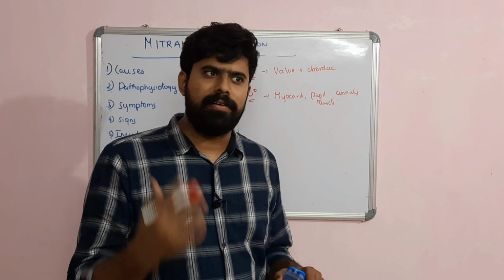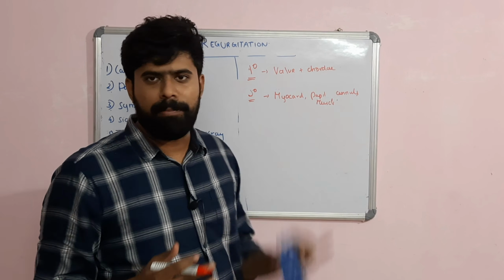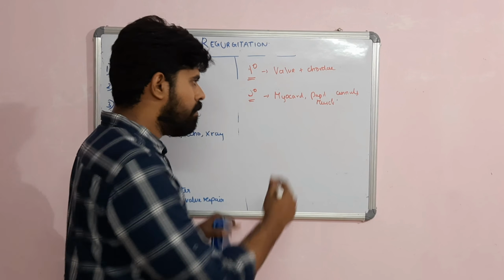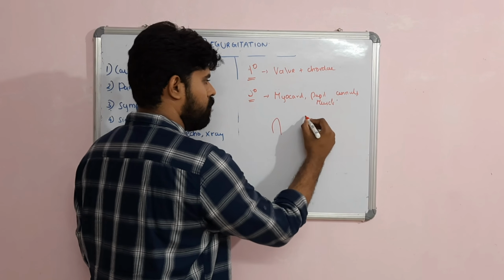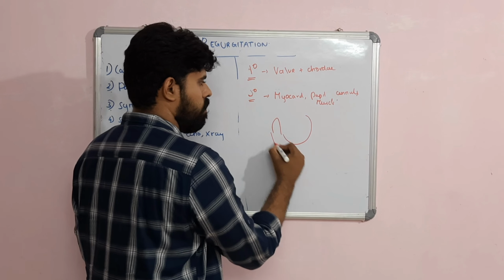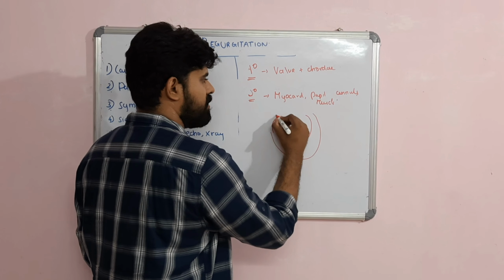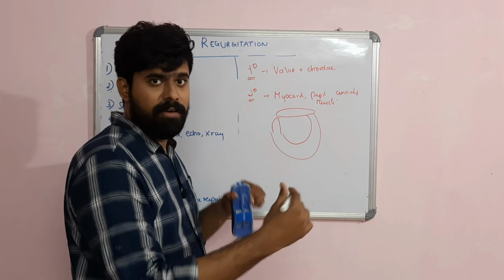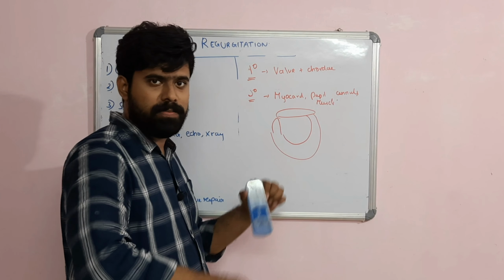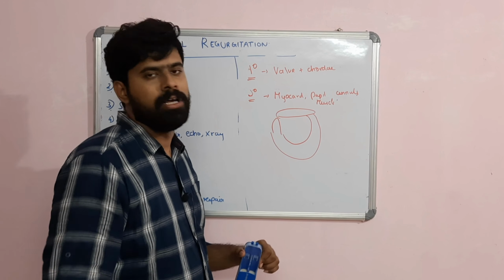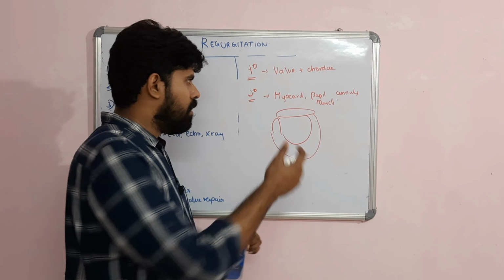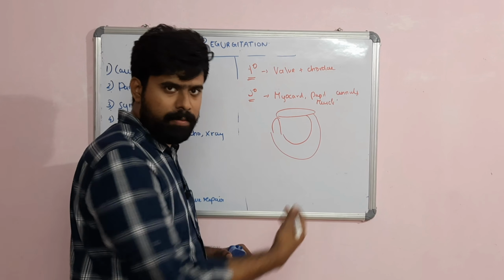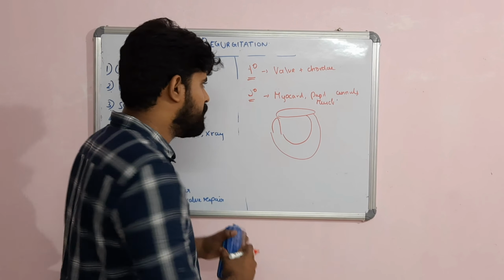In both of these, the valves and the chordae appear as innocent bystanders. The main pathology is in the myocardium. Let's say the myocardium goes in for enlargement, then the annulus of the tricuspid and the mitral valve also go in for enlargement. When the annulus enlarges, the approximation of both leaflets will be defective, so the patient can have mitral regurgitation. This can be seen because of LV remodeling or any of the above problems.